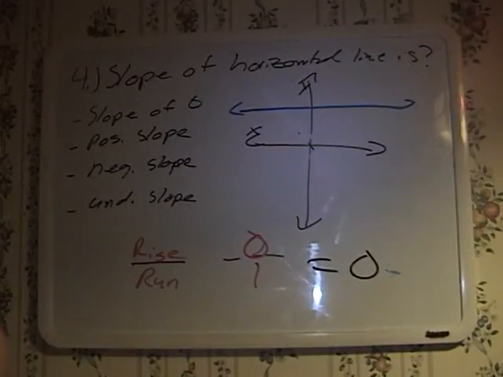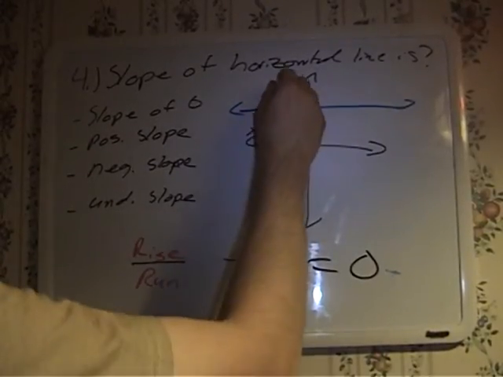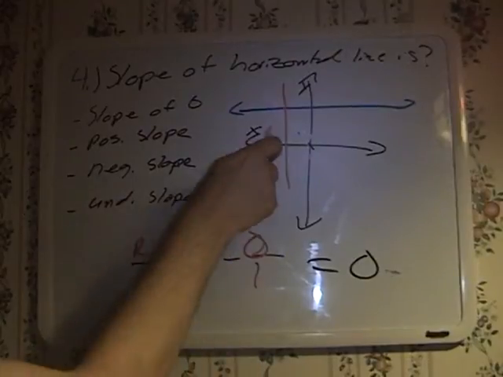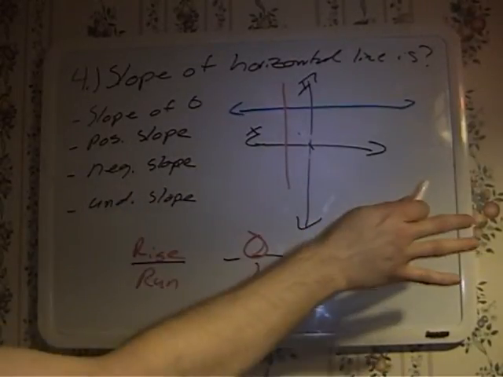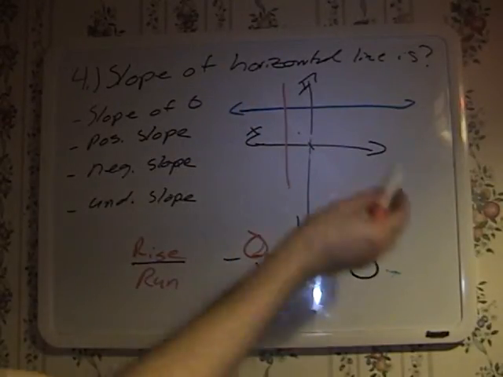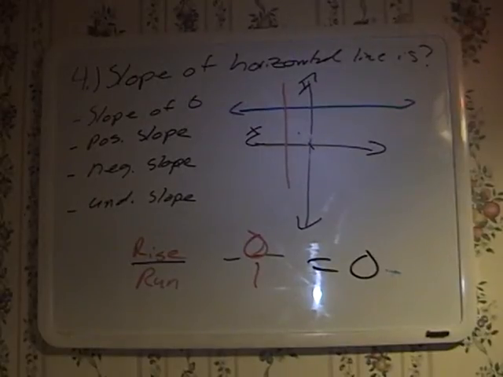Now, the question on the quiz calls for a vertical line. So let me just throw a vertical line in there. I'm not going to give you the answer, but I'm going to give you a little information to figure it out. As you can see, this thing is not running either direction. It's rising, again, 1 unit at a time. But it's not running in any direction. So if you establish your rise or run and do the math, it will give you the answer for the vertical line. Like I said, I'm not going to give you the answer. But that should be enough information for you to figure the answer.